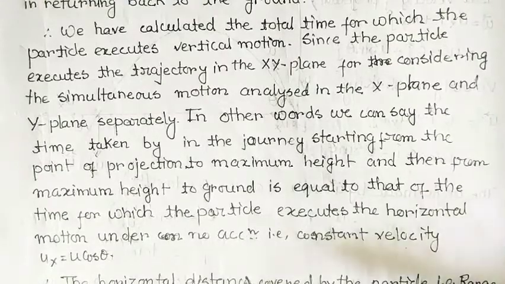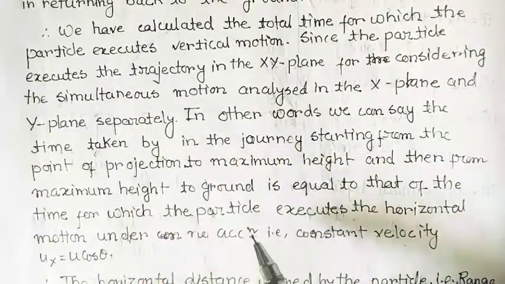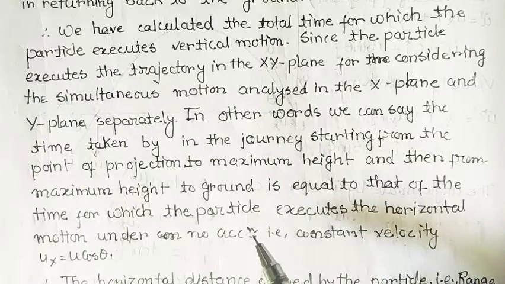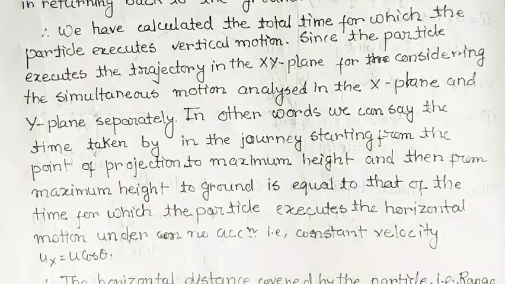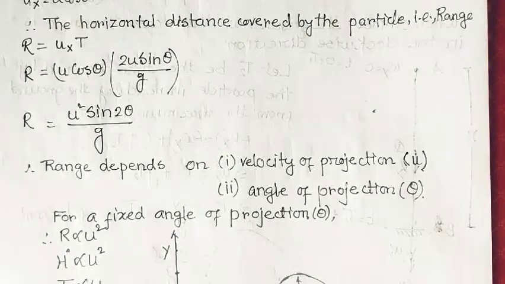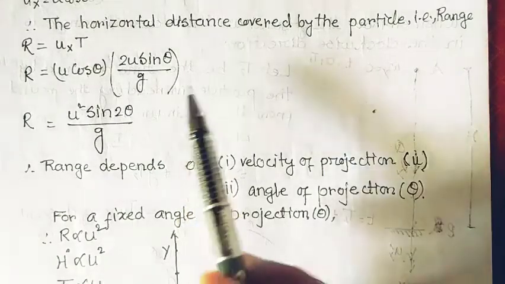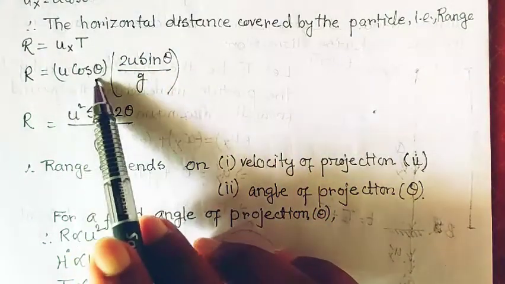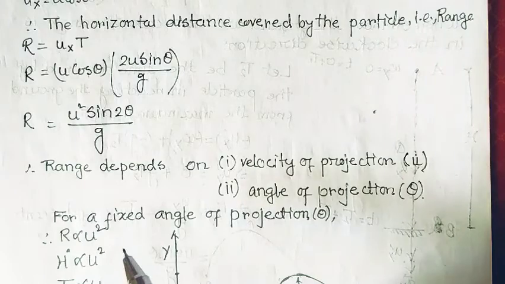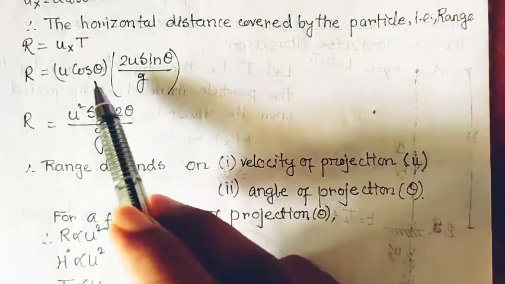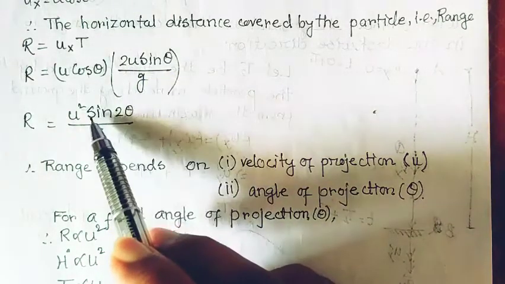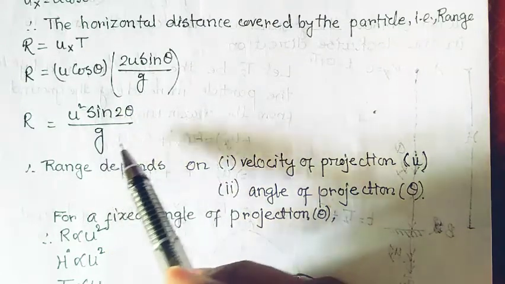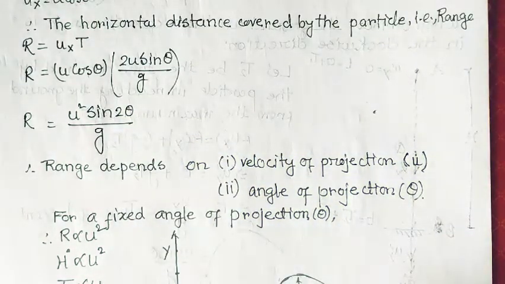Whatever I have said differently, this thing is written here because we have calculated these things separately, but actually this simultaneous motion is observed if I see the trajectory of the particle. There is a separation between the point O and the point B, which is called the horizontal range. This horizontal range is ux, the x component of velocity, into the total time of flight. So u cos theta into 2 u sin theta divided by g. If I do the multiplication, it becomes u square sin 2 theta divided by g, where sin 2 theta equals 2 sin theta into cos theta.